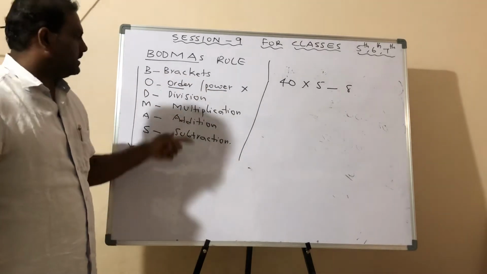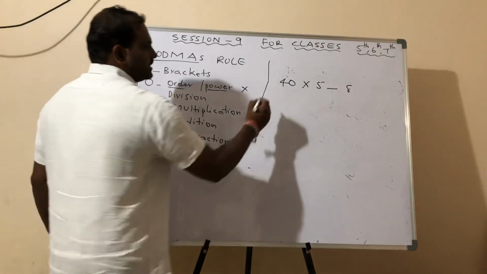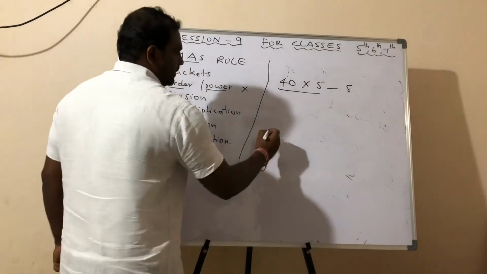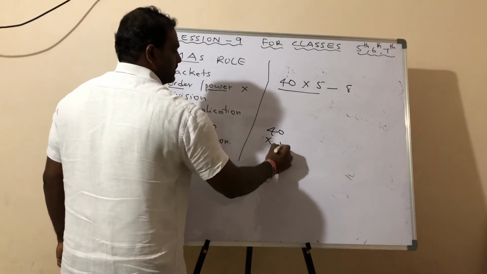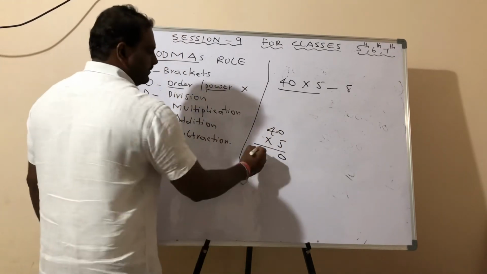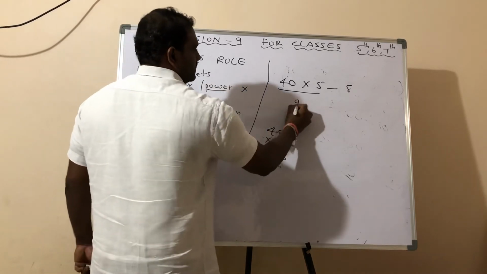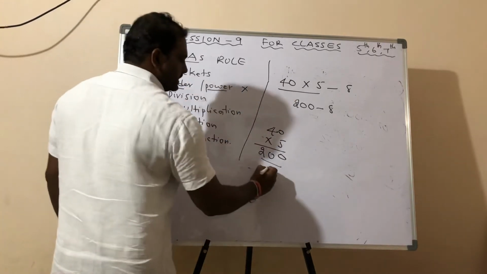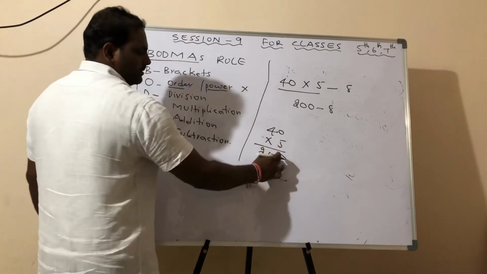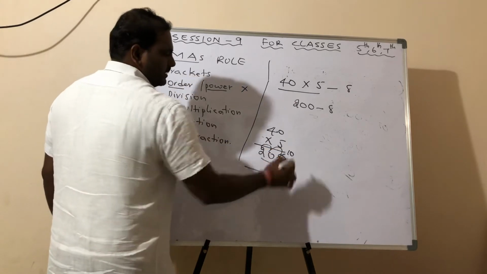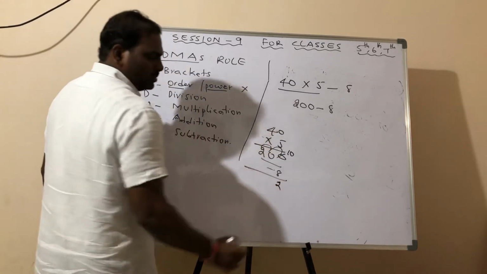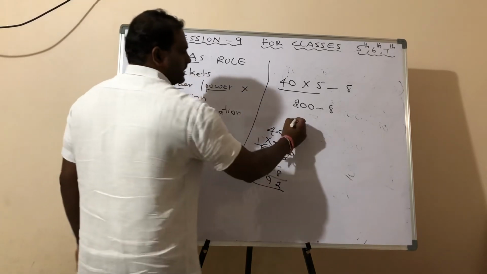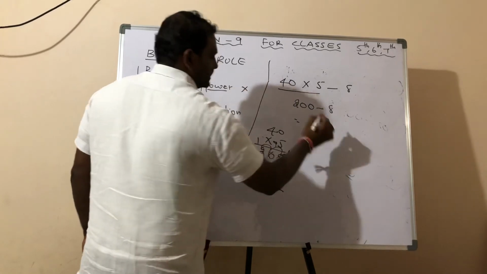Right? Look at this. Now I have multiplication and subtraction. Which do I have to follow? First I have to follow the multiplication. So what is 40 into 5? 5 zeros are 0. 5 fours are 20. So it is 200 minus 8. So what is 200 minus 8? 0 minus 8 is not possible. I am borrowing. This will be 10. 10 minus 8 is 2. And this will be 9, and this is 1. So what is the answer? It is 192 is the answer.